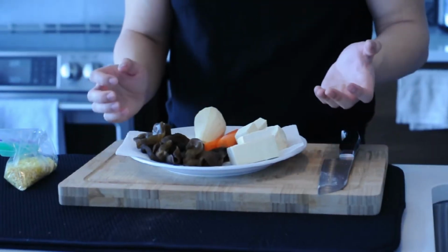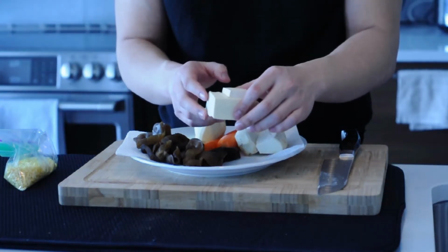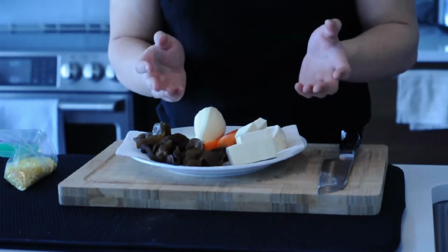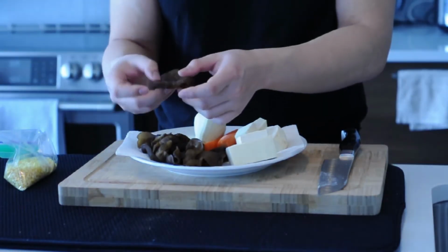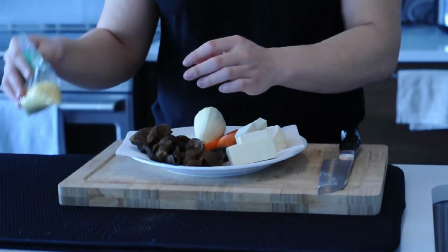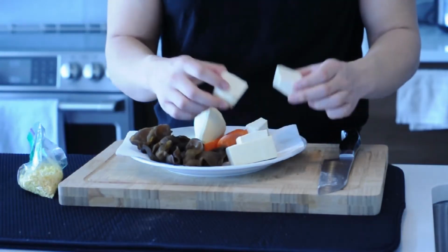Now, for the quantities. 50 grams of tofu that has been patted dry with paper towel and that has been sitting on the counter for an hour to draw out the moisture. Here are 40 grams of mushrooms, and that's what they look like after they've been soaked. 50 grams of cooked mung beans, 120 grams of taro,